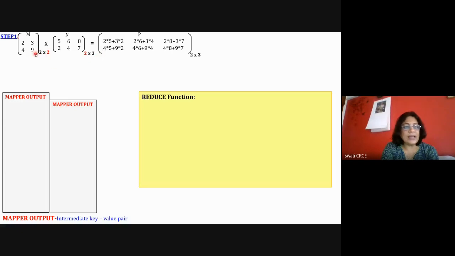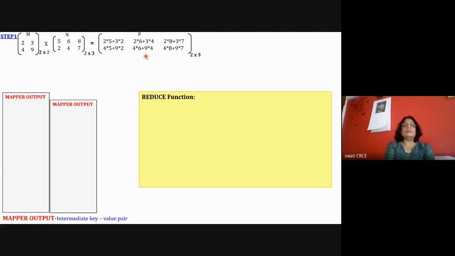So if I'm using I as an iterator for rows, so this is I into J and this is J into K, and I'm getting I into K ka values for the P matrix. And here also I'm doing the multiplication, that this row is considered and then this column is considered, and then they are multiplied and added together, and this is to be done multiple times. And when we are writing a sequential program, what we do is that we access every element row wise and column wise, and here also we are getting every element. So first we calculate this element, then second, then third, then second row ka first, then second row ka second, then second row ka third. Like this we sequentially calculate.